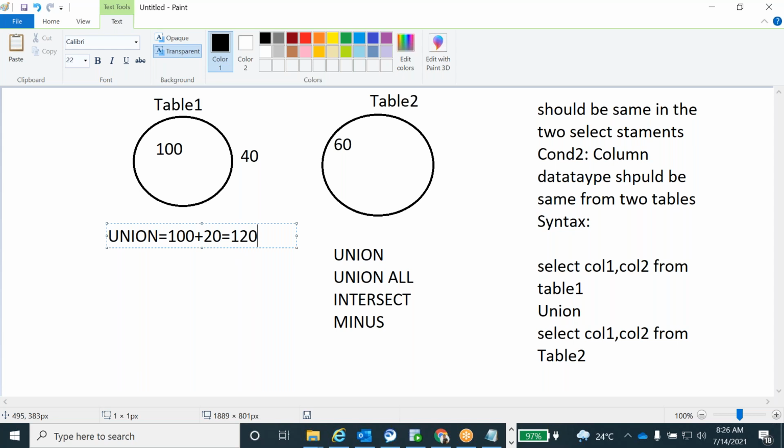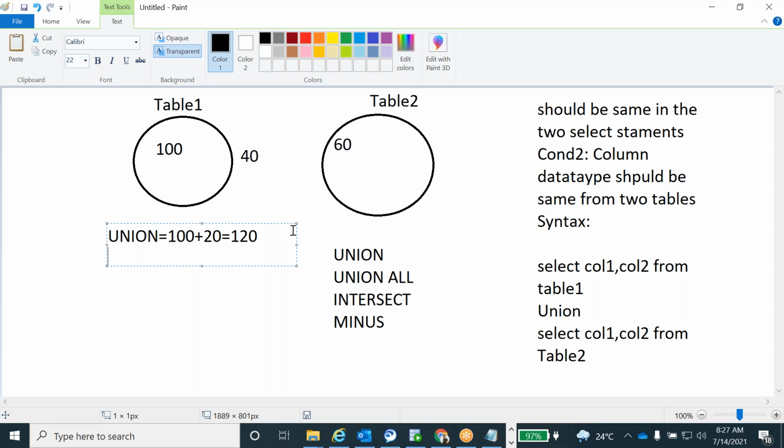Any doubts, guys? Any confusion here? I'll execute it in the table also. I will show you in the table also. First, understand the concept. Union is nothing but it will combine the 2 tables' data. 2 or more tables' data it will combine. You can use one more union condition: union select column 1, column 2 from table 3. Like that, you can add any number of unions one by one.